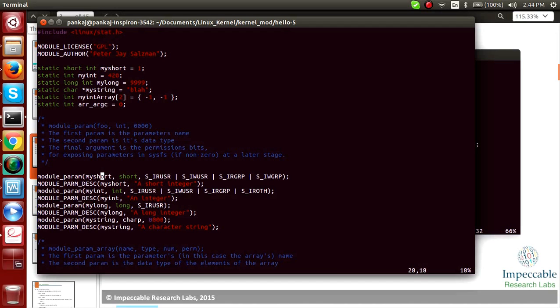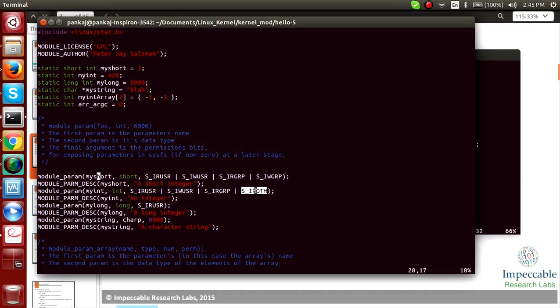Whenever the module is loaded, the user and the group will be able to read and write this particular module parameter at the time of initialization. The next parameter is my int. User can read, user can write, group can read and others can read. This is how you define permissions.